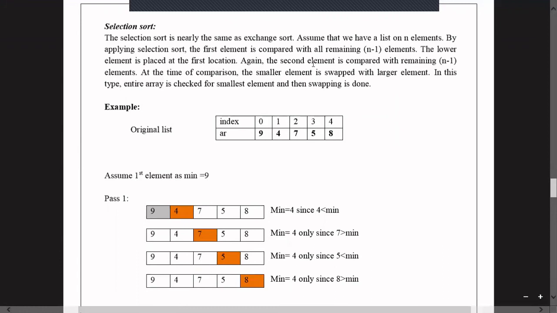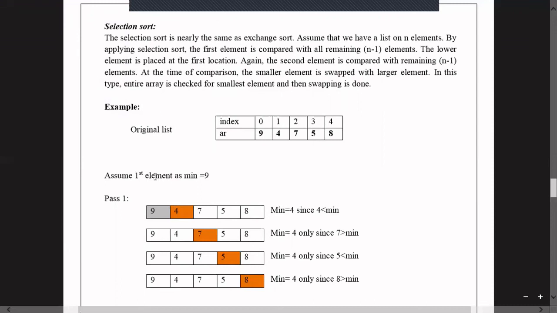And again, after selecting the first element, the second element is selected, and the same thing will happen. When you select the second element, it is compared with all other remaining elements. If the minimum element in the remaining elements is 4, it is placed here, and the element there will go to the minimum position. And then again, the third element is selected. The same thing will apply here also. It is compared with the remaining elements, and the minimum element in the remaining elements is placed here, and it will go to the minimum. And again, the fourth element is selected and compared with all other elements. If a minimum element is found, that is replaced here. So that is the procedure.